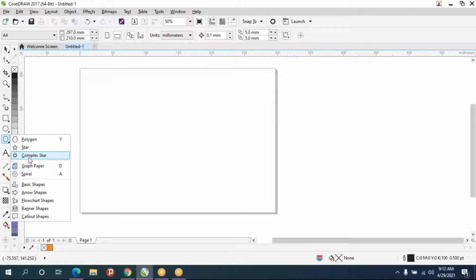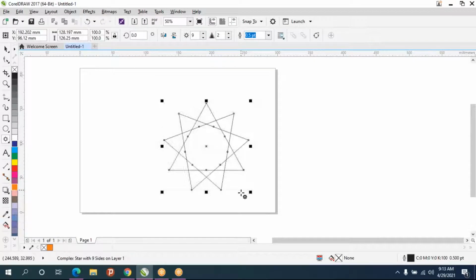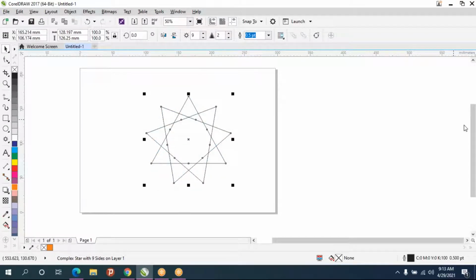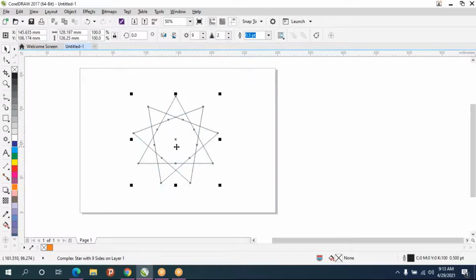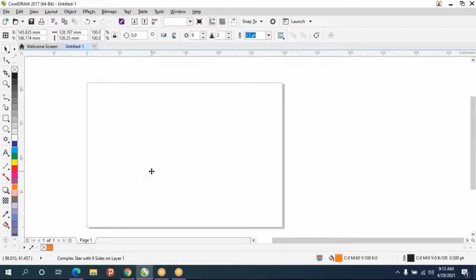And one more star we have is called complex star. It is a little bit interesting. So I'll fill color in this, and if you see automatically, let's say, before this, we'll make one background color.